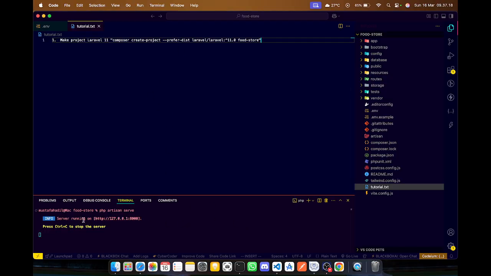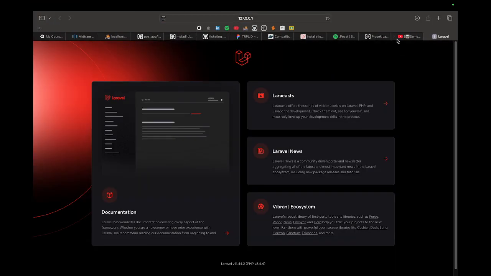I use Command G, and you write down php artisan serve, and you can Command or Control click this. You can see the Laravel project that we built.